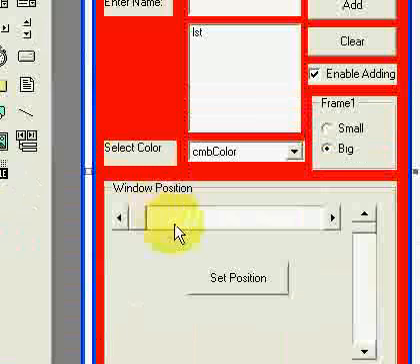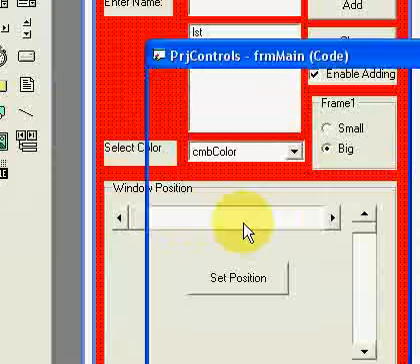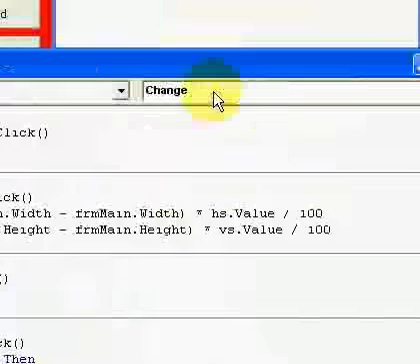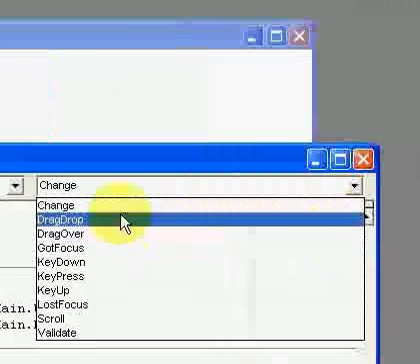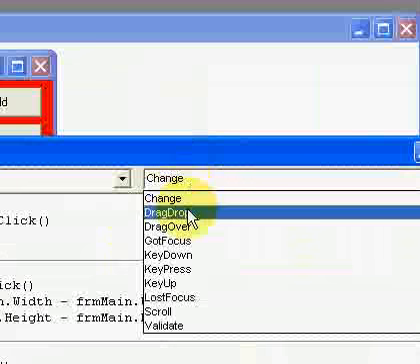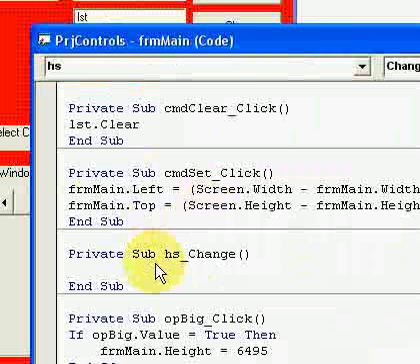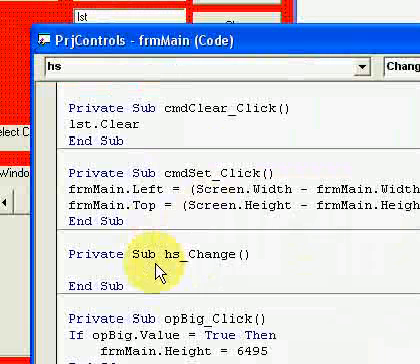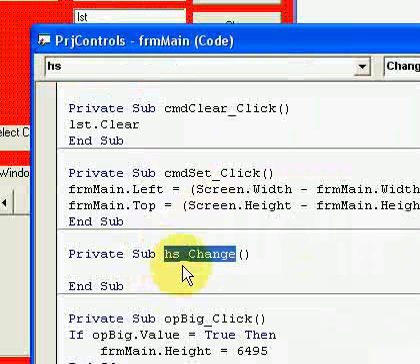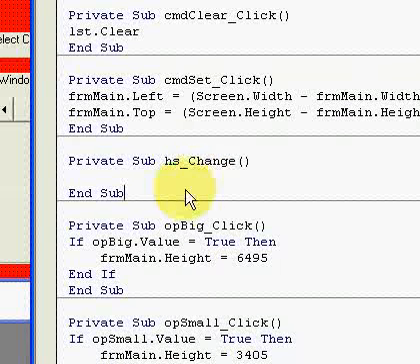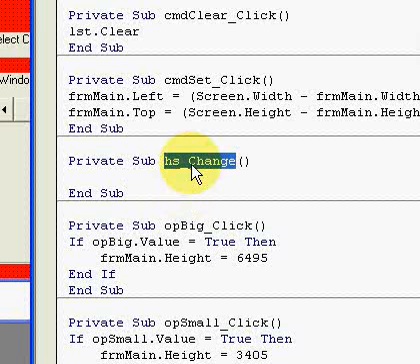In this case, it is the Click event. Oh, Change, I should say: hs.Change, hs_Change. So when the value of the horizontal scroll bar is changed,